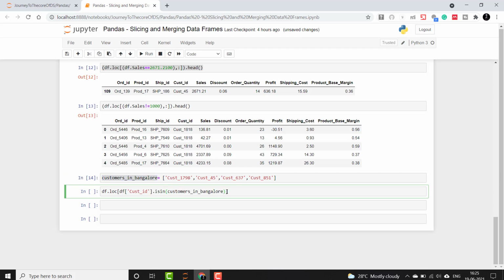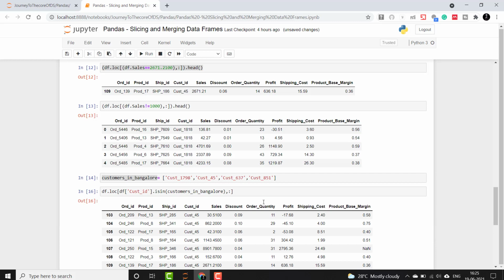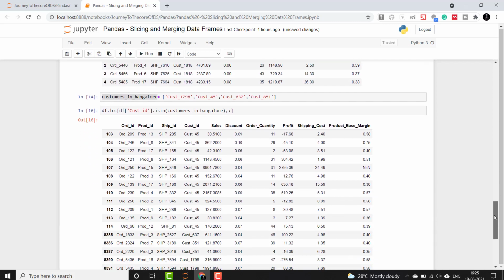Then we want to get all the columns of it. Now if I print this, you will see that all the customer IDs fall in these values: 1798, 45, 637 and 851.